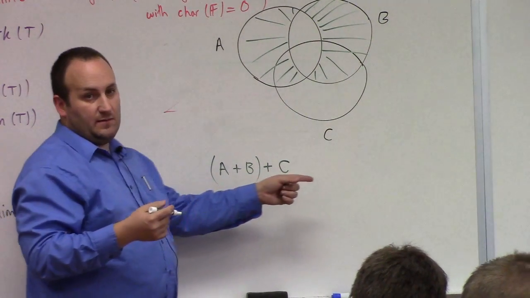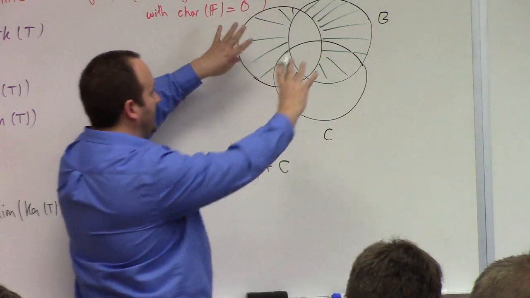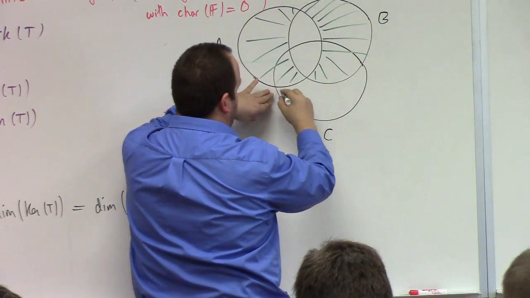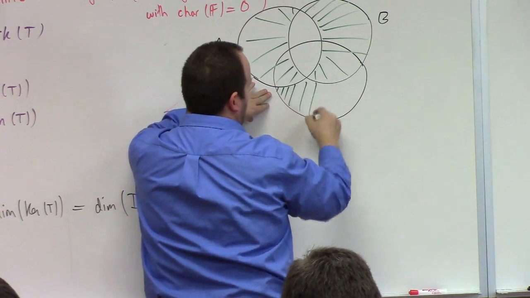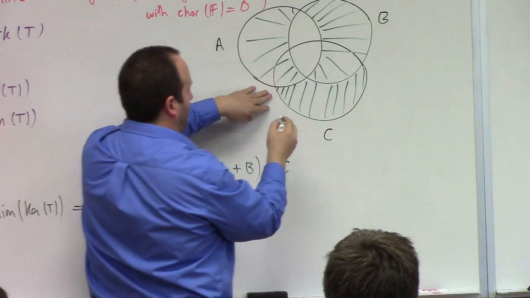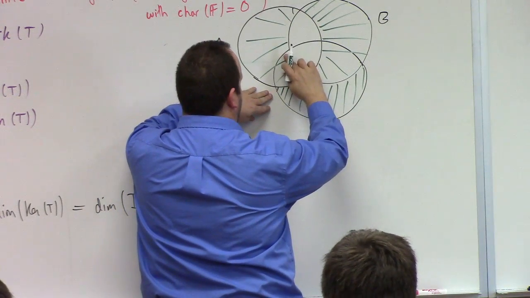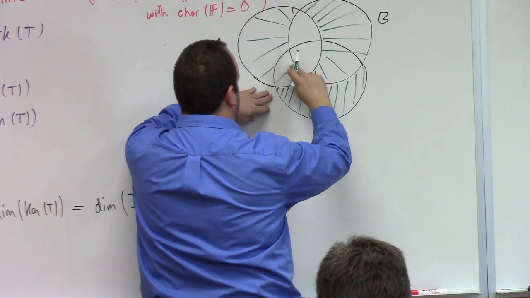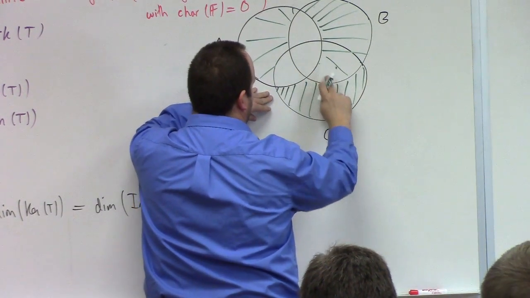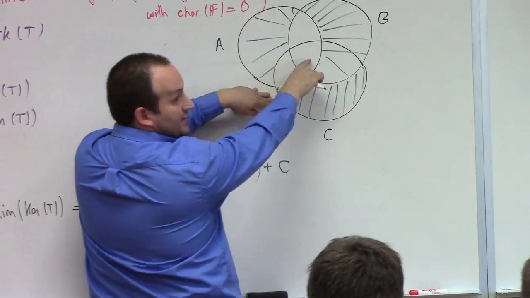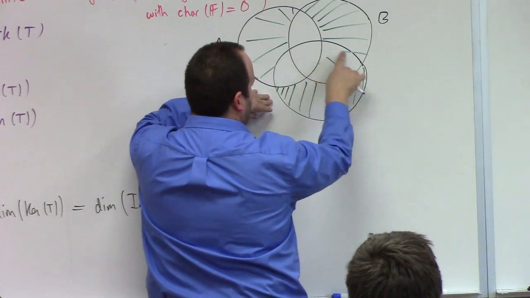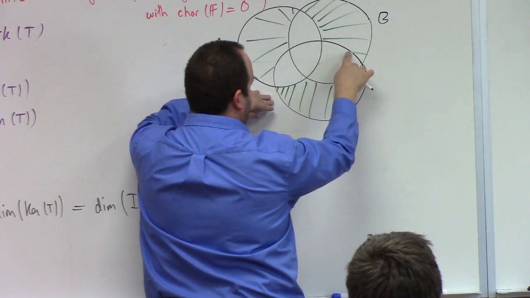So A plus B plus C, the symmetric difference of what I already have with C, leaves me what? It leaves me this down here, right? And what do I lose from what I already had? Right, so I've got to get rid of these. Do I gain anything else? No, I don't. That's it. I can't pick back up this, right? I don't pick this back up, do I? No. So there's in green